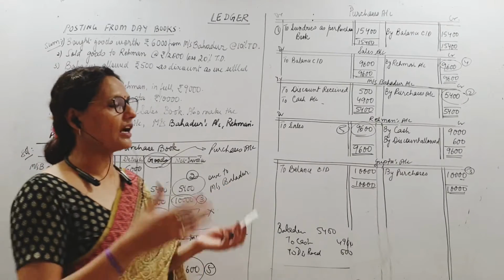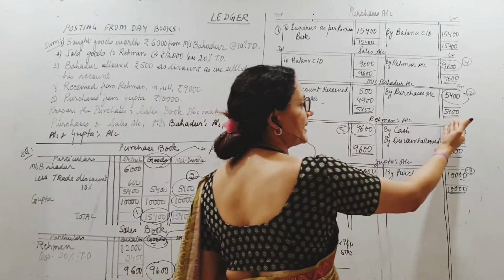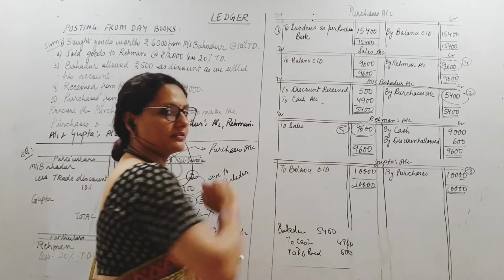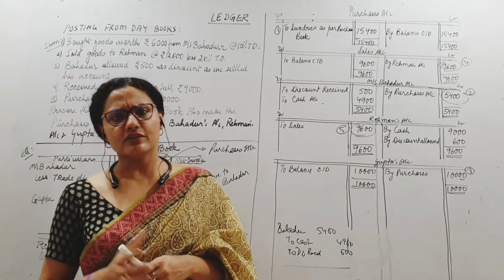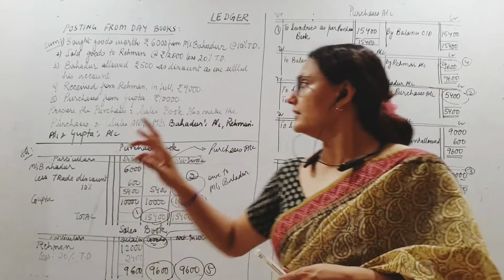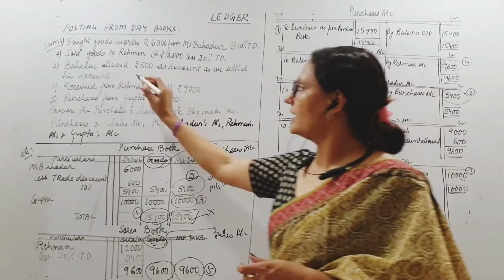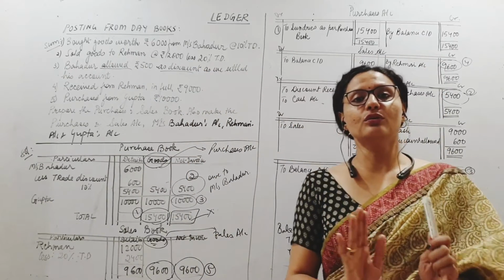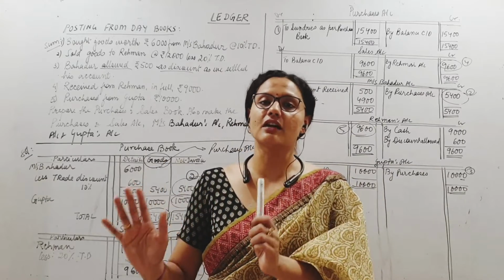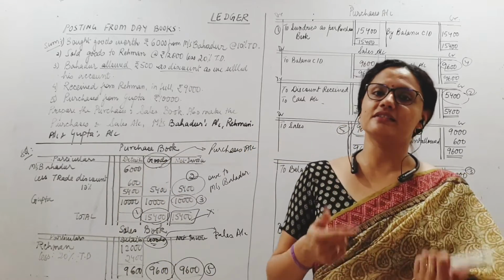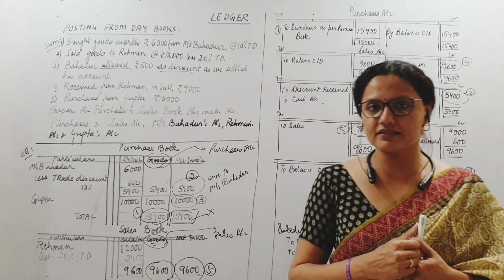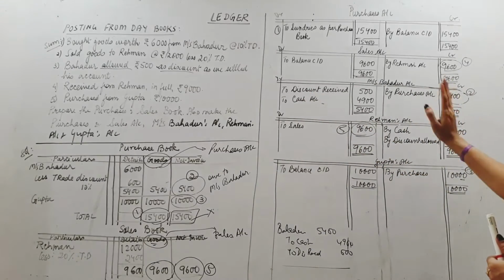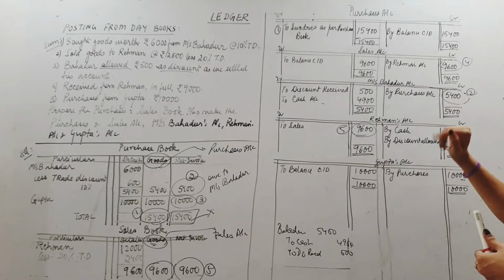Remember last video we did that, how to balance the account? There is no balance left, पूरा पैसा दे दिया है. Of course 500 discount, right? So this is discount received. I hope there is no confusion. Of course some people do get confused with these words. These words meaning Bahadur allowed discount. ये allowed discount देखते ही ना discount allowed account डाल देते हैं. You just understand for you is it discount received or is it discount allowed? For you are receiving a discount because you are making a payment, you are receiving a discount, correct? So just take care of that. So Bahadur's account is closed. Fine, we have made the payment and we have closed the account.